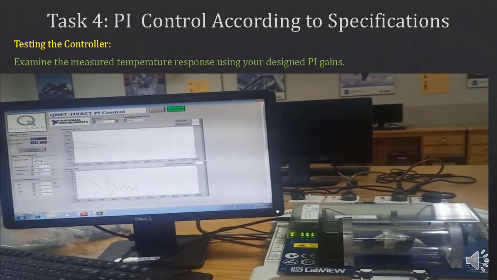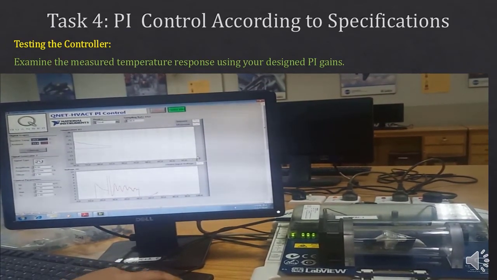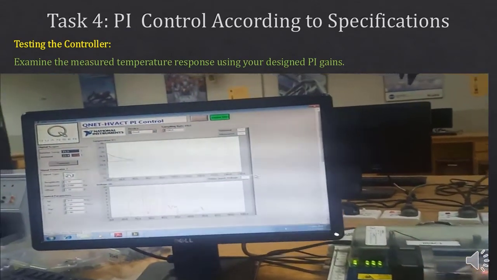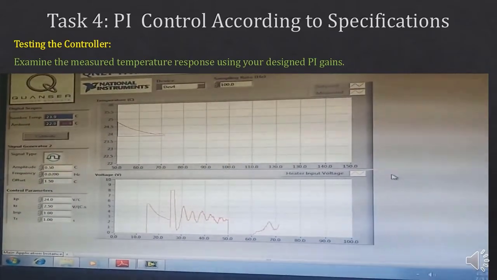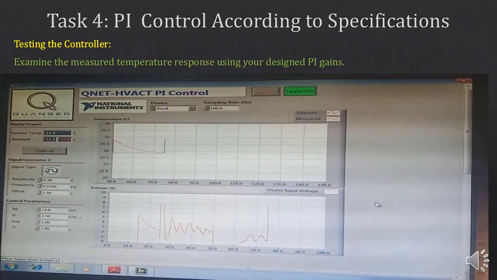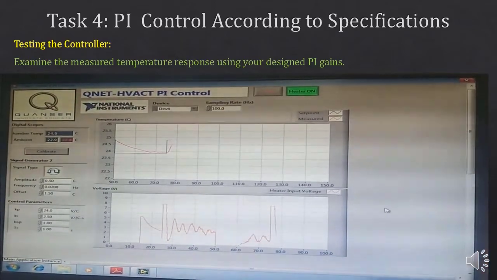You can clearly see from the graph that with the designed controller values of Kp and Ki, the system will have a better response compared to using random values.